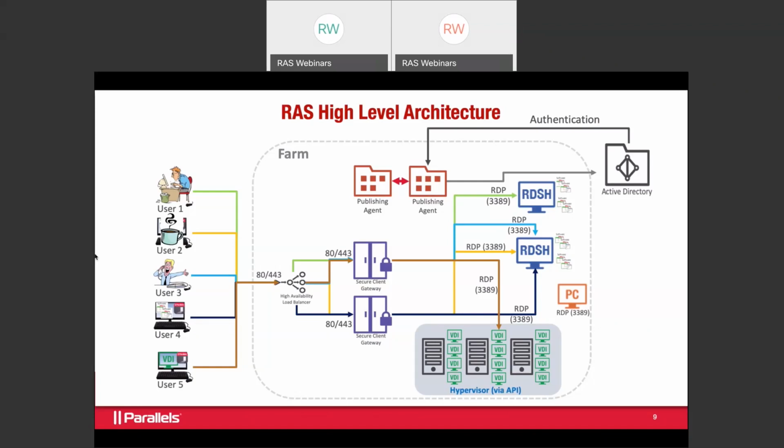That other orange box that kind of popped up over there on the right is something that people tend to forget about, but it's a physical PC. So you can actually use this to control access to a physical PC. So if users suddenly have to work from home for whatever reason, maybe a quick down and dirty way is just give them access to a physical PC. That way they can do that instead of having to set up a larger server infrastructure, at least for the